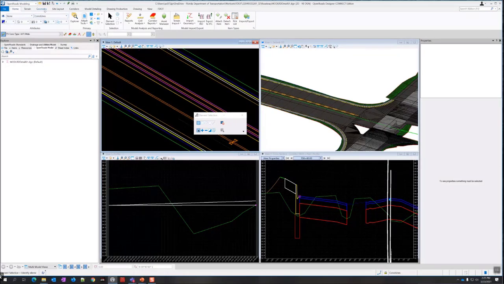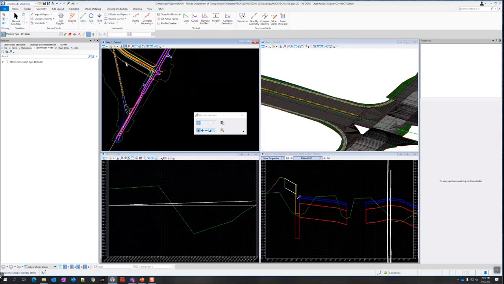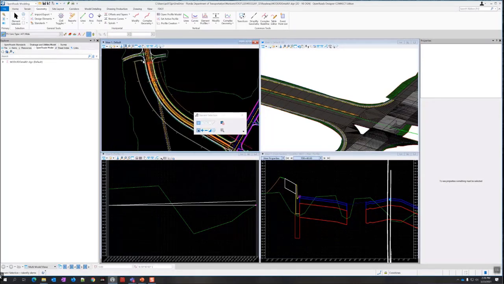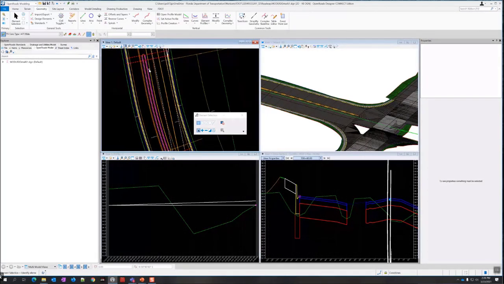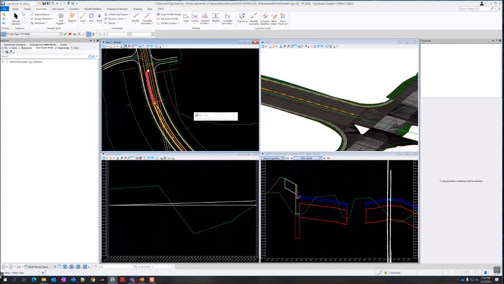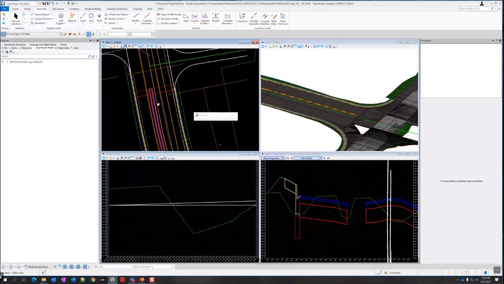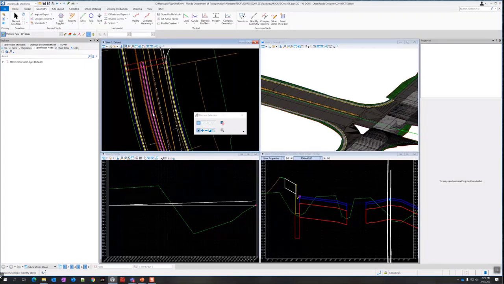And I go to geometry, and I'm just going to trace these lines. So a simple line should be sufficient. For this one, it's straight. This one is on a curve, and because I didn't station my alignment, I don't know where the curve ends exactly. It may be around here somewhere.